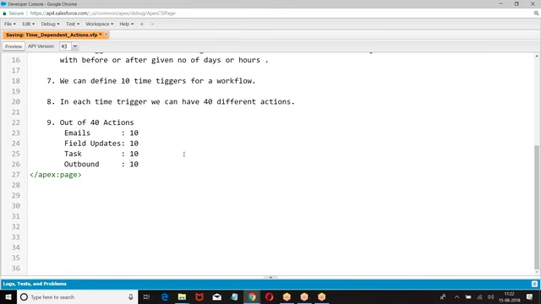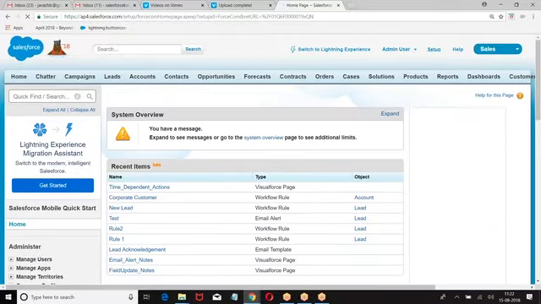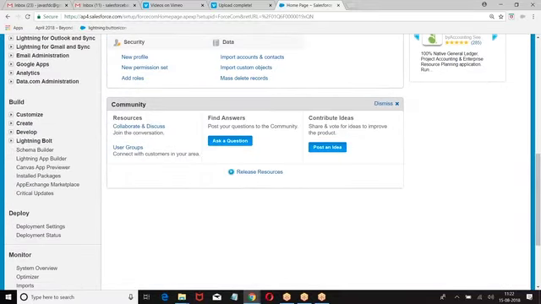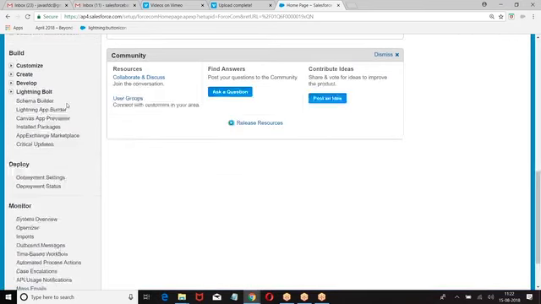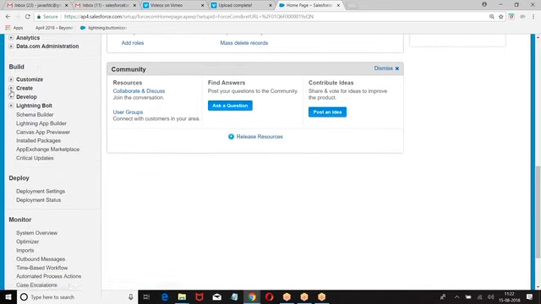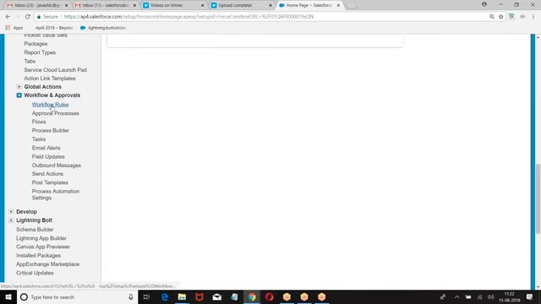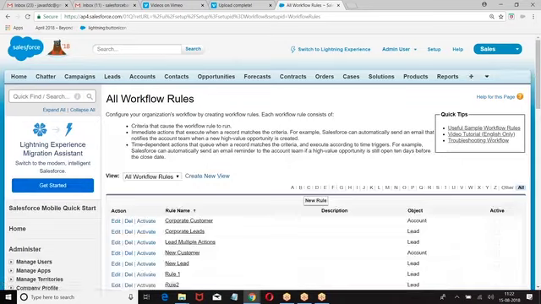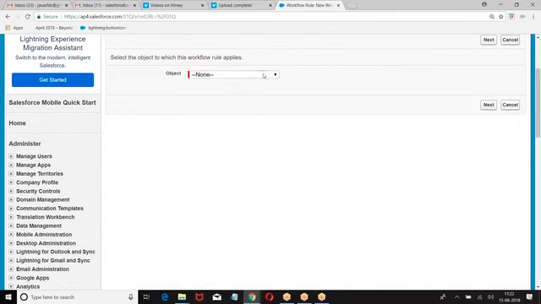Okay. Let us see quick examples here. Setup. I am using standard objects so that you can practice the same example in your accounts also. If it is a custom object, you need to recreate it. Build, create, workflows and approvals, workflow rules, new rule.